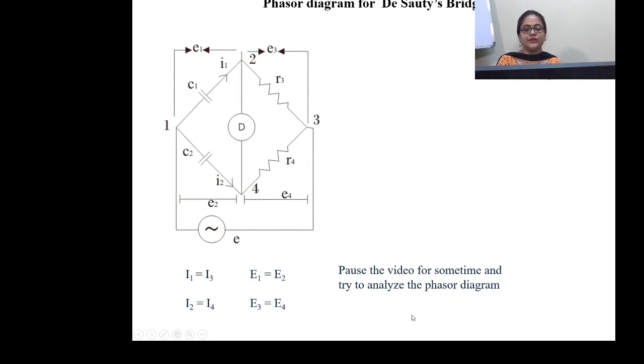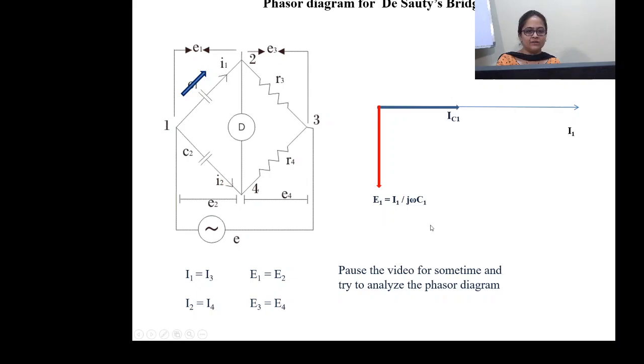Okay, you can pause the video for some time and try to analyze the phasor diagram. Okay, I hope all of you have drawn it the perfect way. Let us now see how you've drawn. This is the reference phase, I1. Then let us go for capacitor. The current across capacitor is denoted here IC1. I is known, so for ICE, voltage will be lagging. So 90° clockwise, denoted by E1 equals to I1 upon j omega C1.